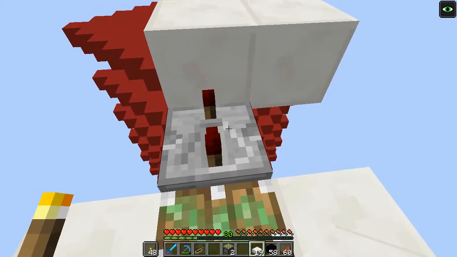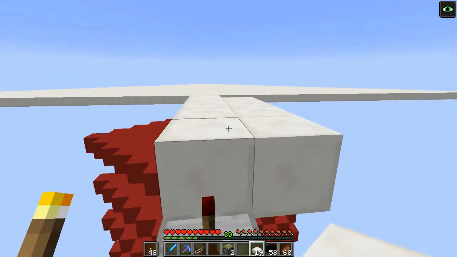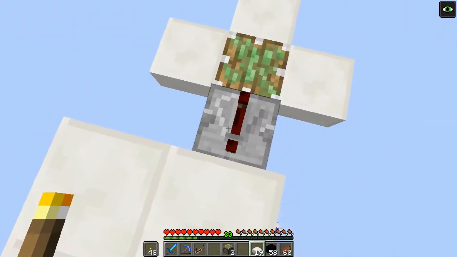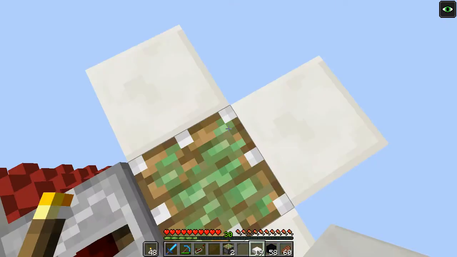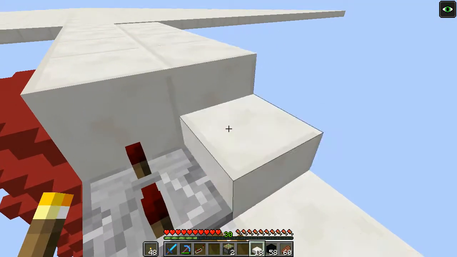Now, I was having problems changing the repeater tick delay earlier when I was at the top of the world, but now I seem to be able to change it just fine, so I don't know what's up with that. But it's easiest just to change the tick delay right now while you still are able to stand on this sticky piston. But now that we have this set up, we can go ahead and take this roof out a